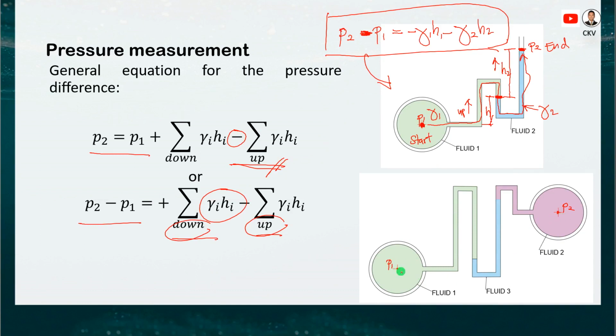Let's say in this solution we start at fluid 1 where P1 is located and fluid 2 is the end point where P2 is located. So this is your start. This is the end. So the direction is from P1 going to P2. Okay. So again, the pressure difference is equal to